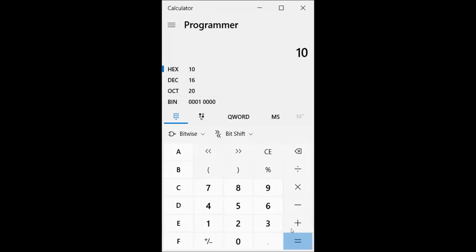And 10 star 10 is 100 in decimal, 64 in hexadecimal.